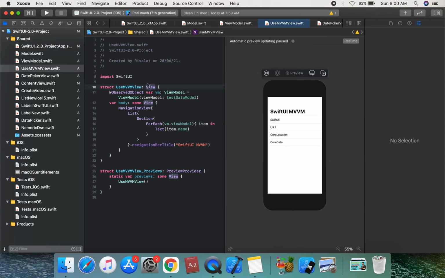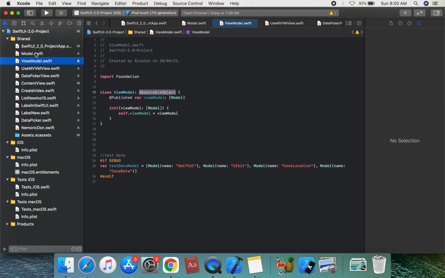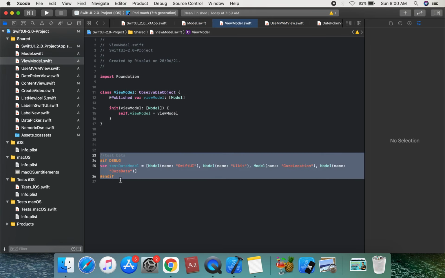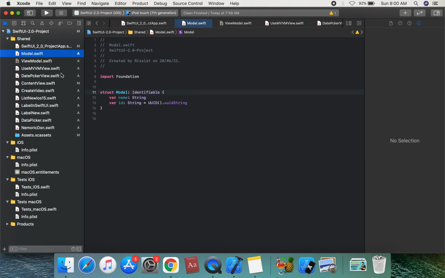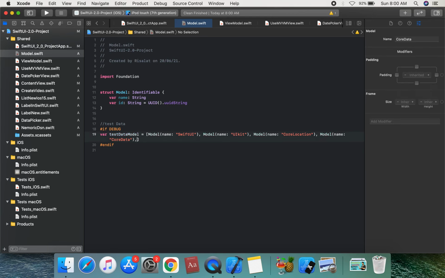In the simplest case, the view does not need external state, just local state, and the role of the view model is to provide the subscription binding for refreshing the UI. Suppose we change the view, or rather the view model. So now we create the view model test data, and with Command-Shift-K we create the test data model. We can add to this model and add a property.